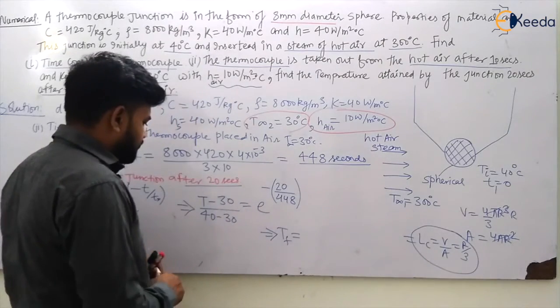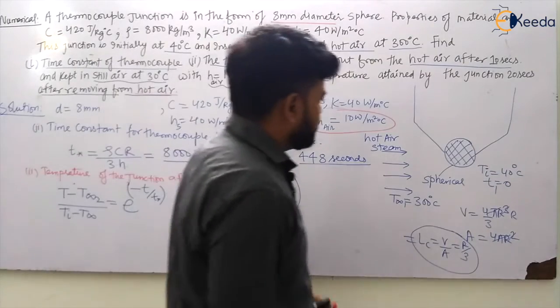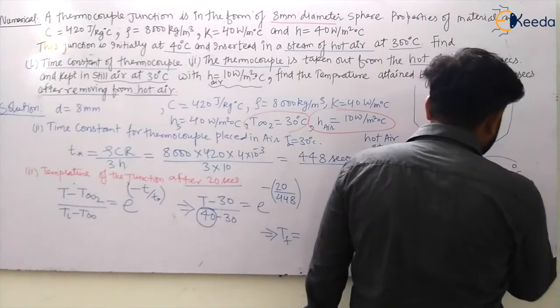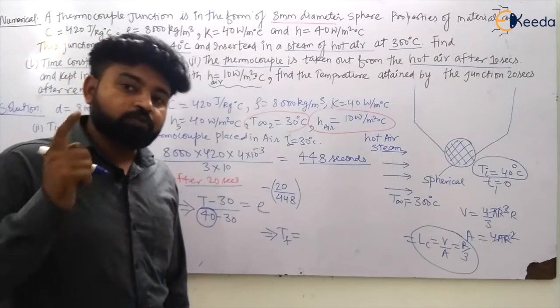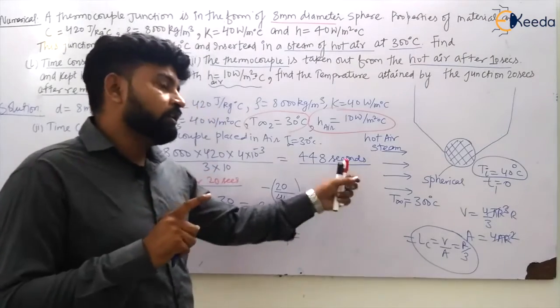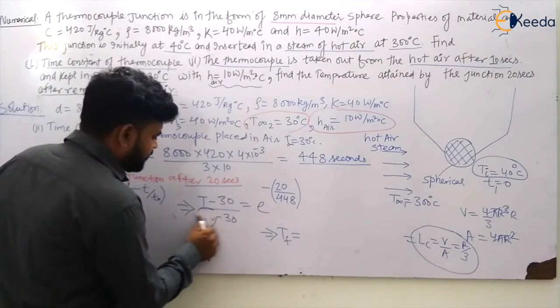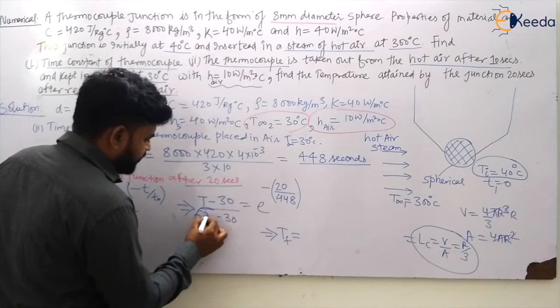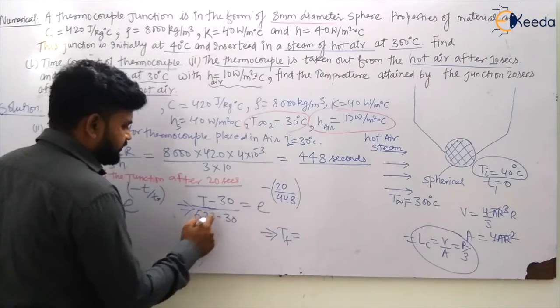You will make a mistake here with the initial temperature. The initial temperature is 40 degrees Celsius, but we have put it in the hot air, my dear students. So for the second case, the initial temperature will be what I obtained from the first case. That Ti will be 62.2 degrees Celsius for the second case, because then it will be the T initial.